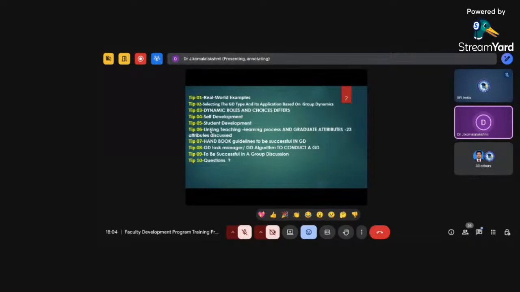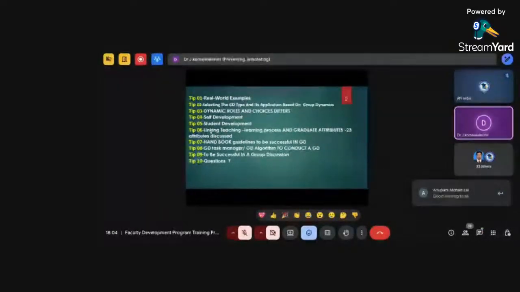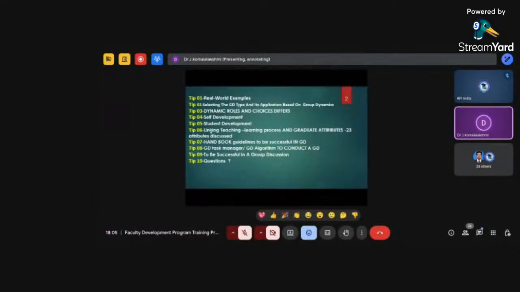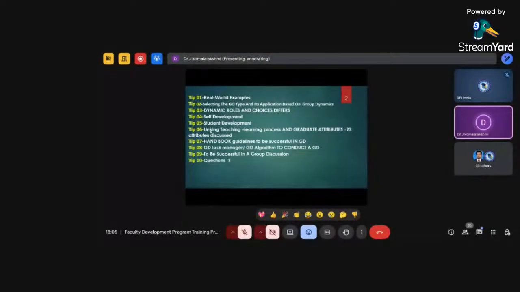I'm going to share 10 tips in this session. Tip number one, real world example. Tip number two, selecting the GD type and its application based on group dynamics. Tip three, dynamic roles and choices differ. Tip four, GD for self-development. Tip five, GD for student development. Tip six, how to link a teaching and learning process with the graduate attributes,